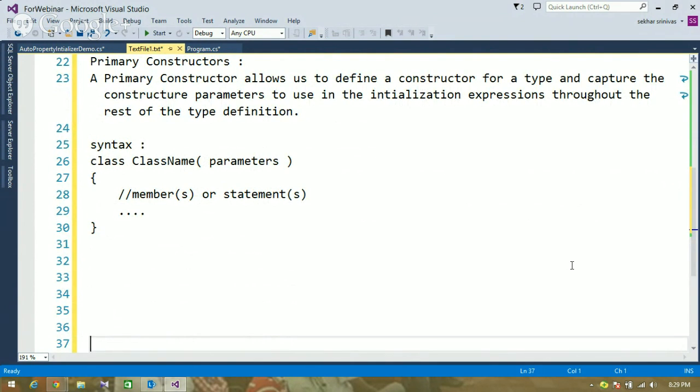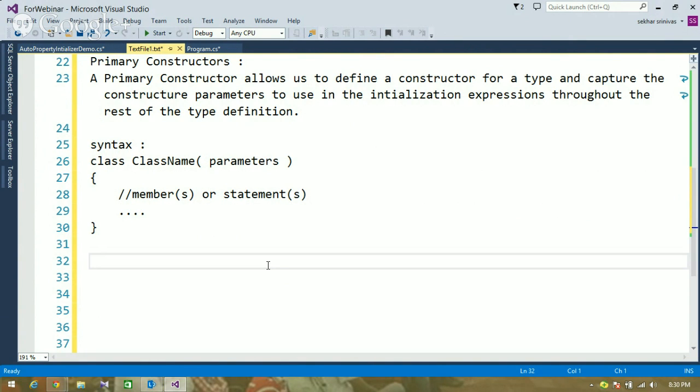Okay, so this is the syntax for the primary constructor. So when we try to work with the primary constructors, this is the syntax we just got. Now, let us first try to understand how this would be useful. Before we go with the primary constructors, let us try to understand how we used to work before C# 6.0